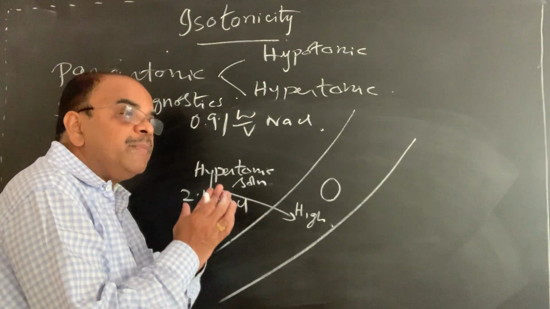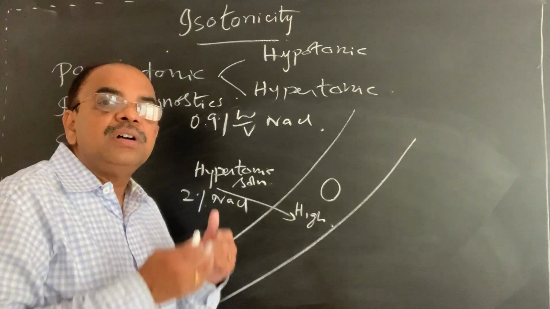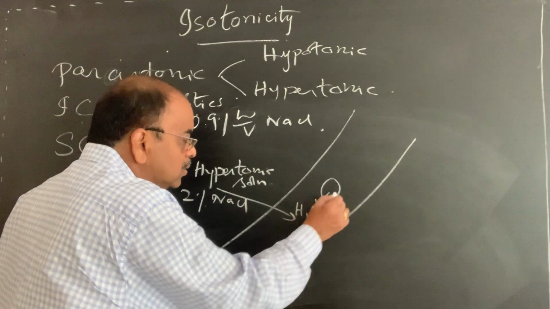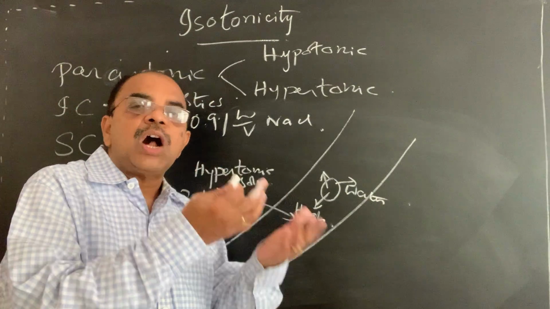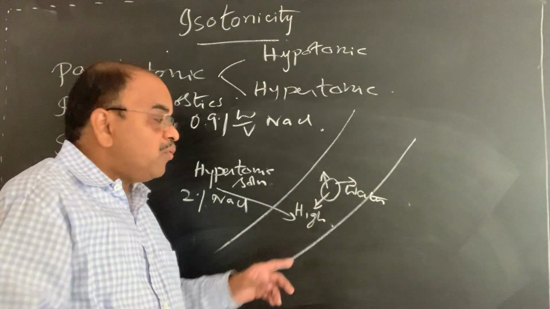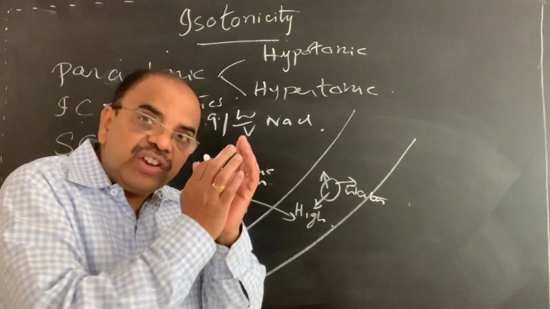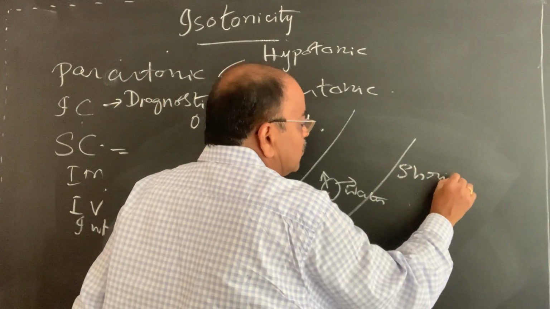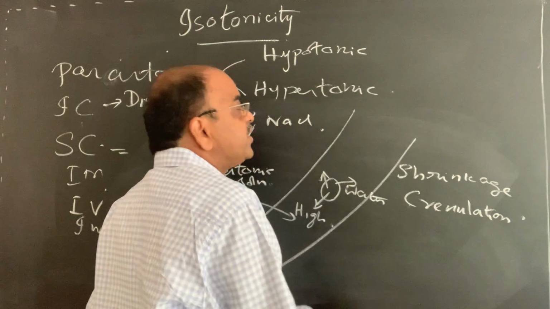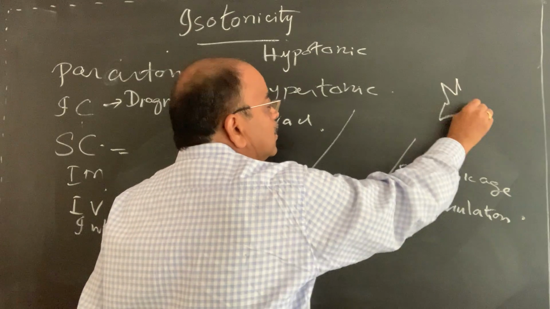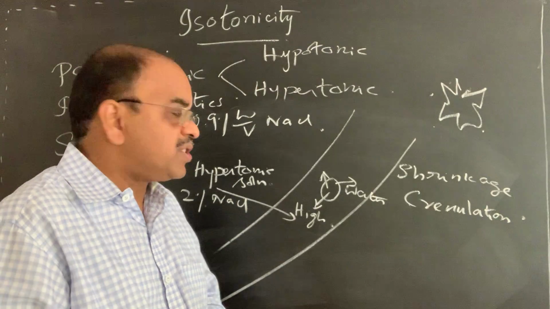But what will happen now to maintain the osmotic conditions? The water moves from low concentration to high concentration. The water is coming out from inside the RBC to outside the RBC to maintain the osmotic equilibrium. Once this water is going out, RBC loses its shape. It causes shrinkage or crenulation. With crenulation, pointed ends, you get the RBC like this. It may form like this, right?